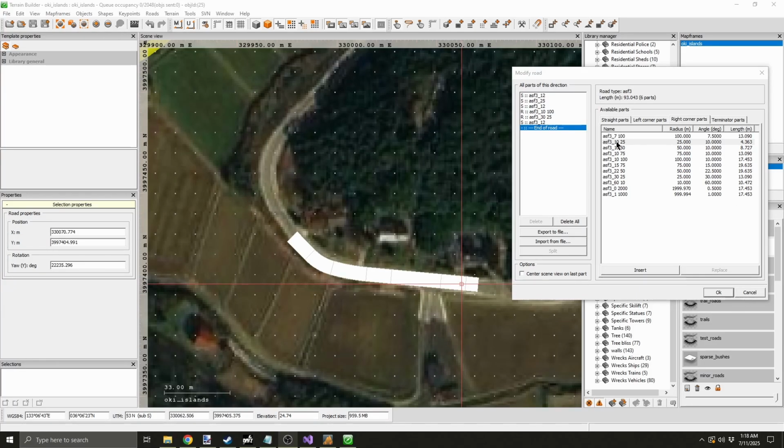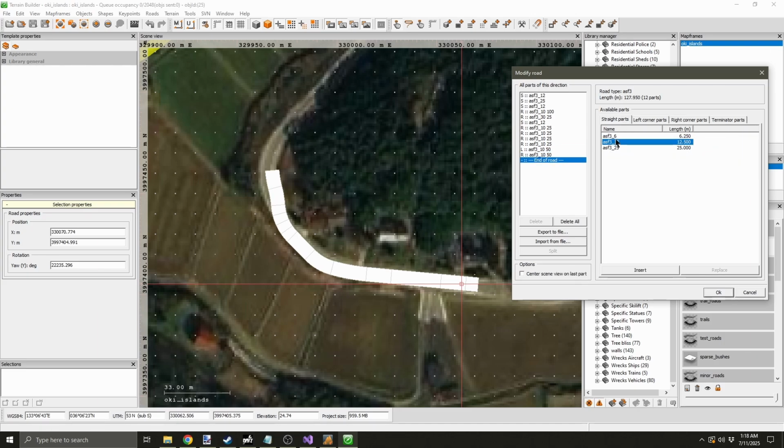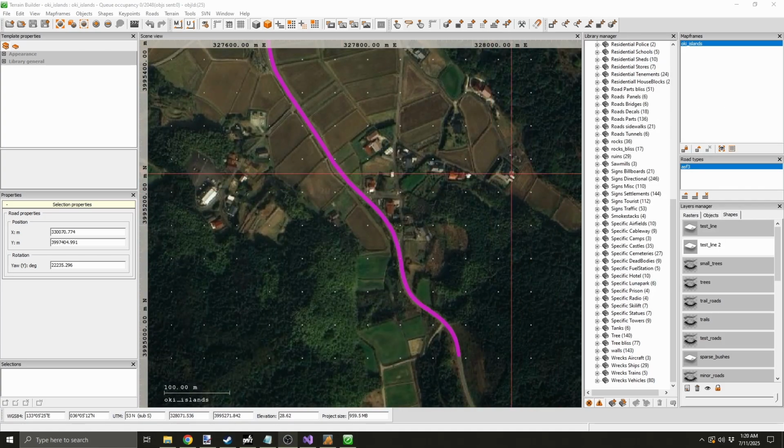If you're someone who's making a map for DayZ and you're getting really tired of manually placing road parts kind of like this, and you just hate having to do it manually piece by piece like this, and you'd like to have some sort of automation for doing basically what you just saw there, then you found the right video. So I'd like to show you something that I've been working on for about a week now,